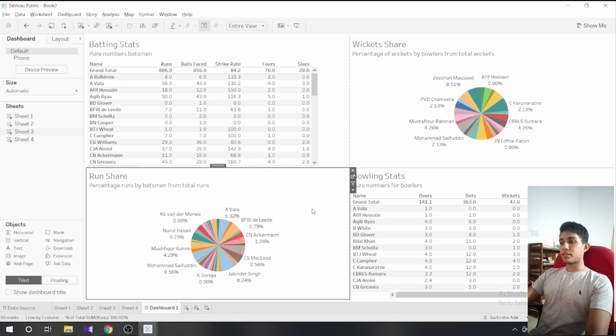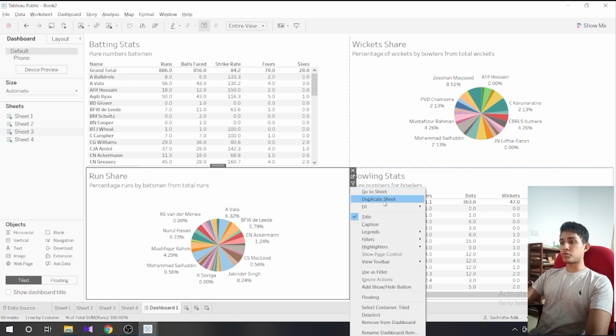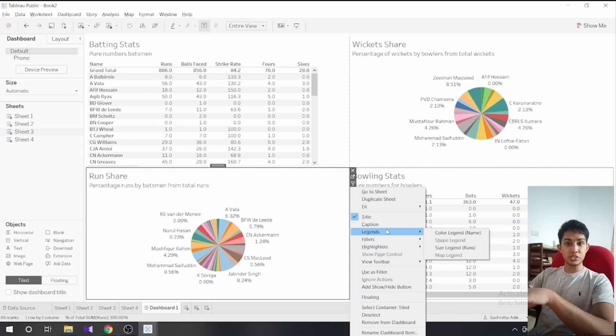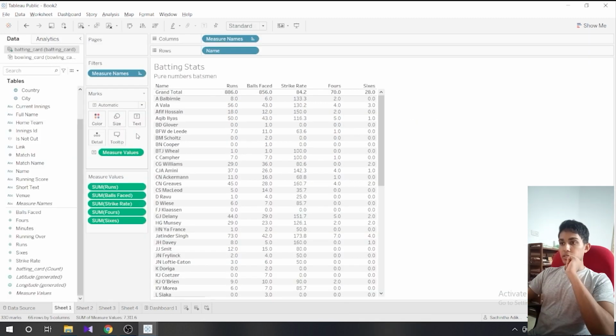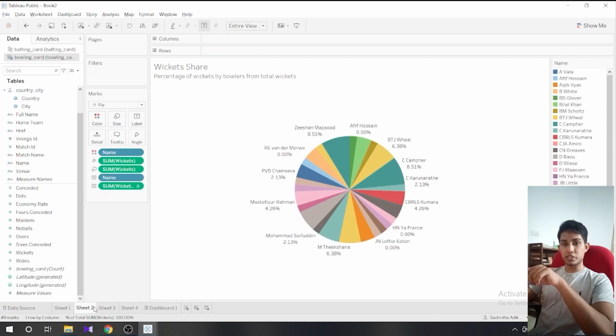So before adding the filters to the dashboard, you first need to use those filters in one of these sheets. If you don't use those filters in the sheets, then you can't use them in the dashboard. What we will do is we will add one of those filters to one of these sheets, right? So let's take the percentage of wickets over here, the pie chart, and we will take the match name as